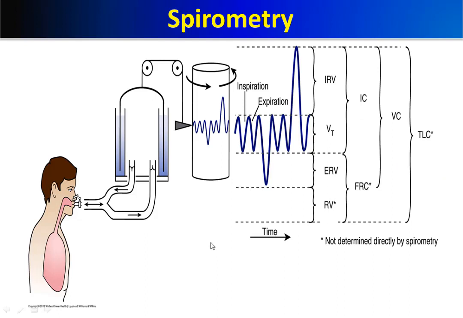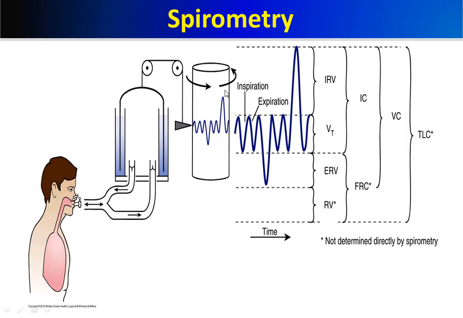So far we have known only one lung volume, which is the tidal volume, and we've mentioned that the tidal volume is the volume of air which gets in or gets out during the normal resting eupneic breathing cycle at sea level.